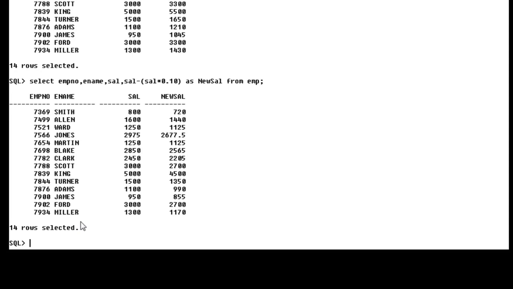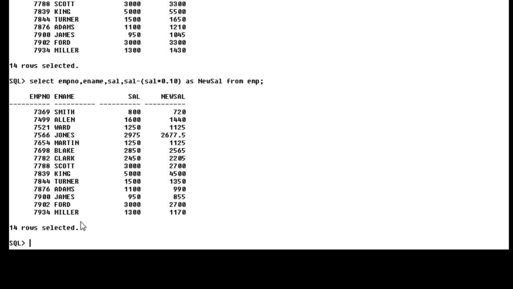Now I want to calculate the annual salary with 10% increment. What should I do? This is a challenging task you have to perform yourself. If it is not done, I will provide it. Just pause my video and perform that query with annual 10% increment.